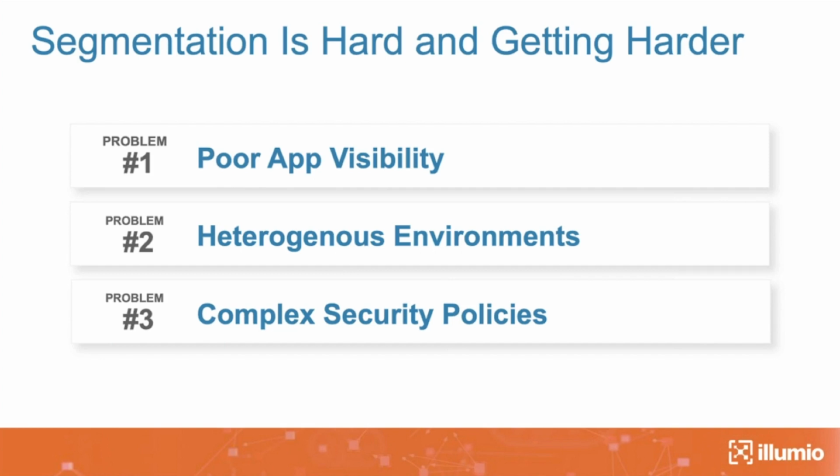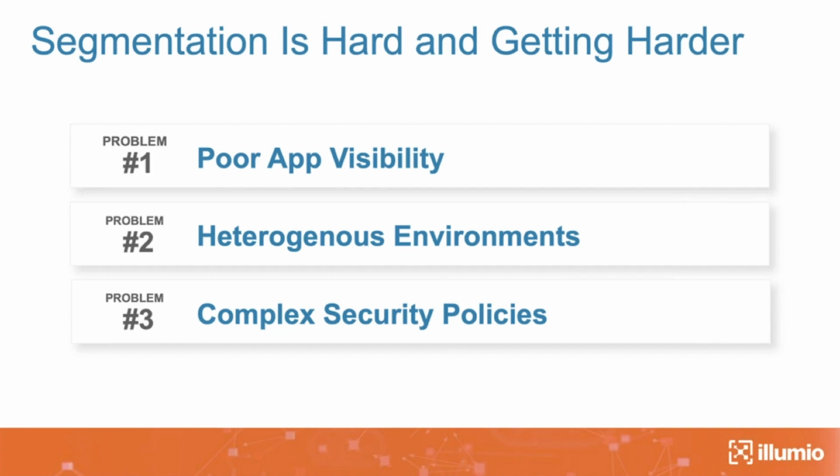Second, the environments are very heterogeneous. You don't just have a bare metal server or virtual machine or one type of compute in one place. You have a complex environment. It consists of many, many things. You might still have your legacy systems like AS400. You might have bare metal running on Solaris, AIX. You might have your virtual infrastructure. You probably are migrating towards containers. So all of these things combined, I wouldn't say it's hard, but it certainly needs more visibility so that you can actually see how things are working and have mechanisms to deal with all these different environments. You don't want a separate solution for a separate environment.